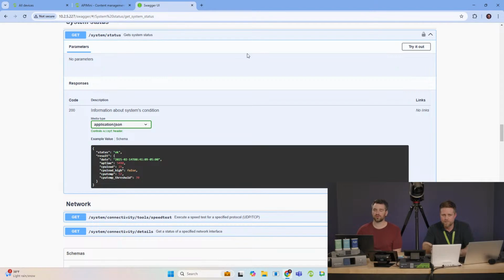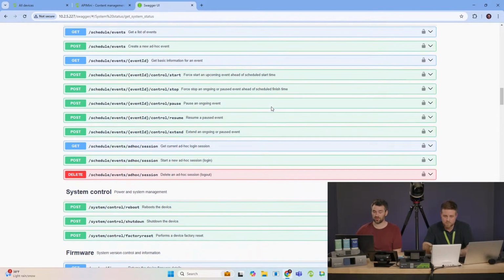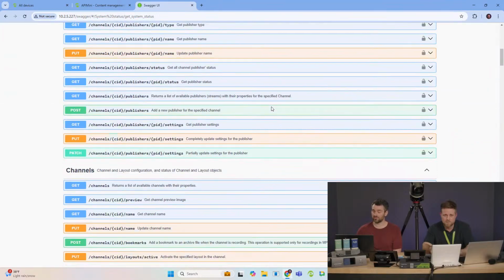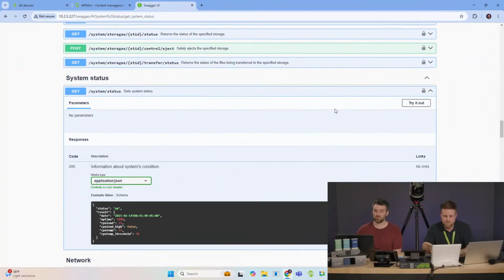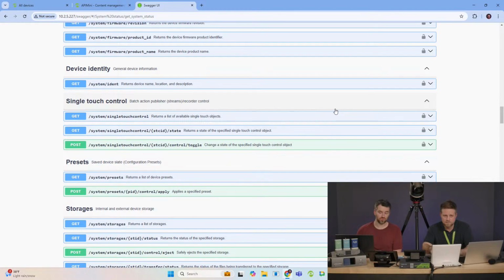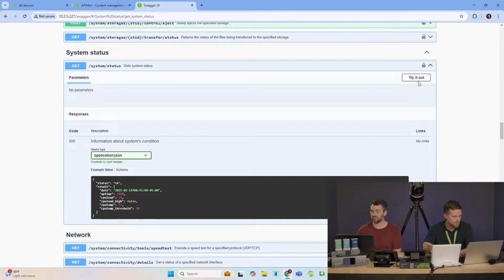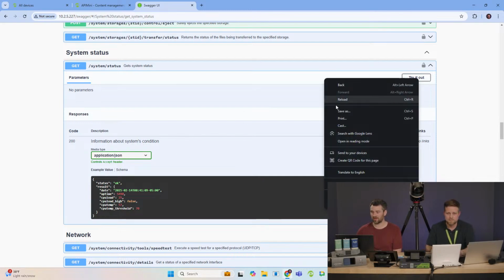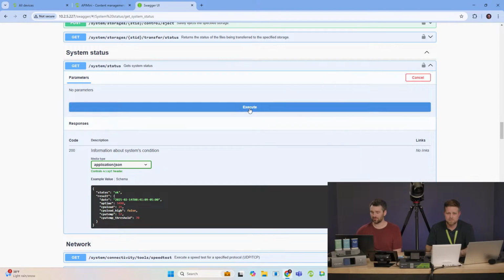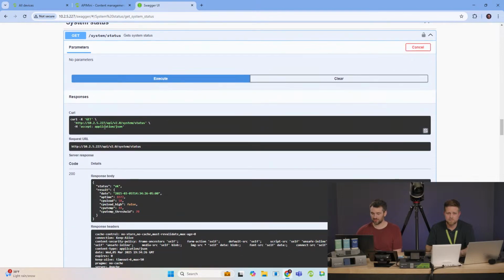For Pearl 2, there are different ways of getting it. There's a hardware mon one, but you can do system status, and you're going to get some really good information about the system here. And this is the new developer REST API. You can see there is a lot of stuff here, and you can interact with every little bit of it. You can test things out, and you can essentially just drag and drop, copy and paste the commands in. We can press try it out, and then execute, and it'll say, okay, here's the command. There you go. This is the API call.